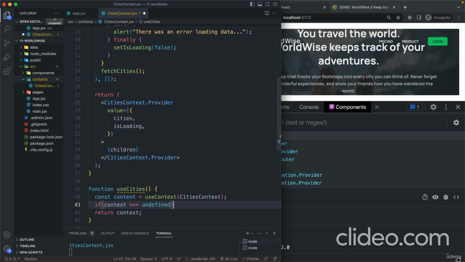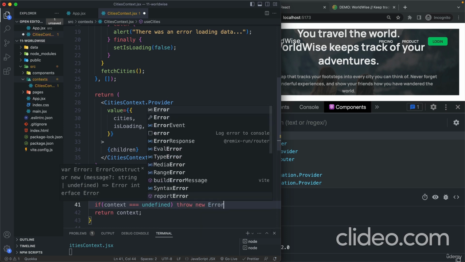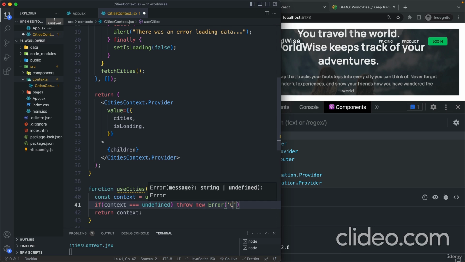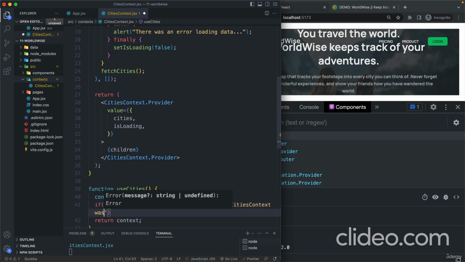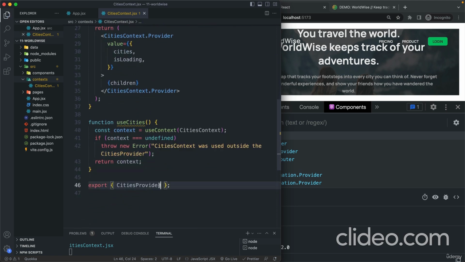So in a place that is actually not a child component of this provider. So in this case, let's throw a new error. Cities context was used outside the cities provider. All right,